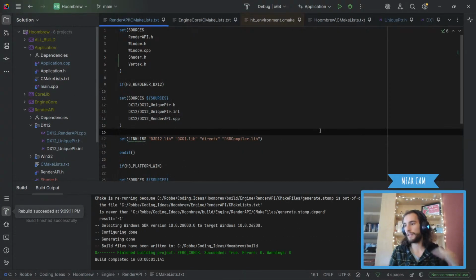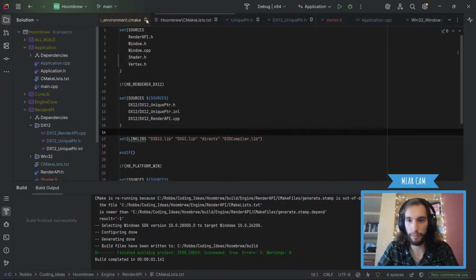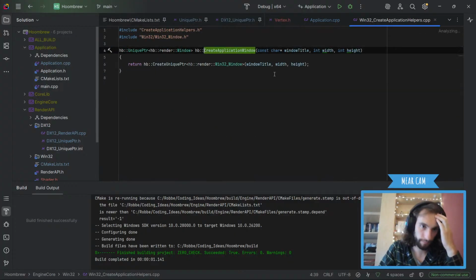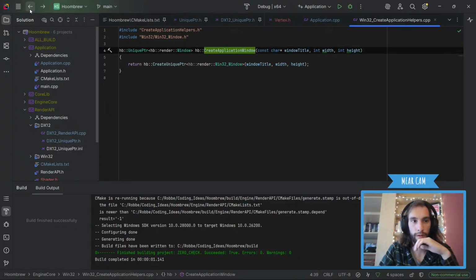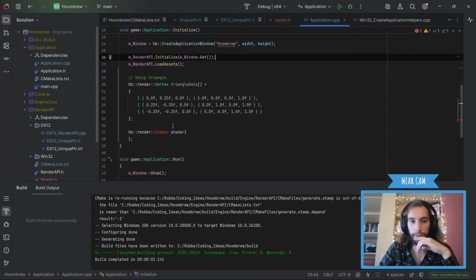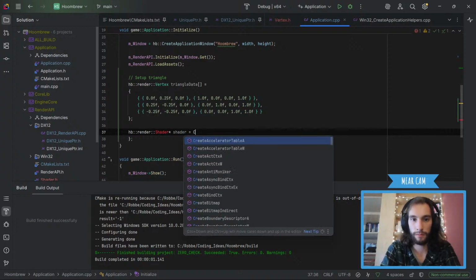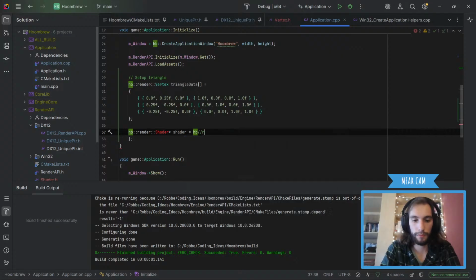The thing is, for a shader, I think we'll need a basic implementation and then a DirectX 12 one, which I don't think I've actually set up the way I wanted it to, right? Oh no, we did create application window here. Okay, that's great, because you need to do kind of the same thing. So we're gonna do a shader pointer instead, and we're gonna do equals create HP render create shader.